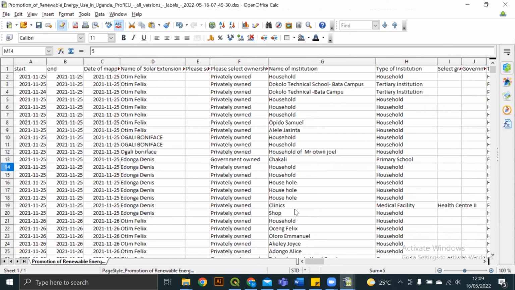The third technique that I'm going to share with you is data protection. In the future, after your data collection is done, you will want to share this data. And one thing that you should know is that if your data is not protected, it is very likely that people are going to keep changing it while they share it from one person to another. Let's say this data was shared with person B. When person B opens the data,